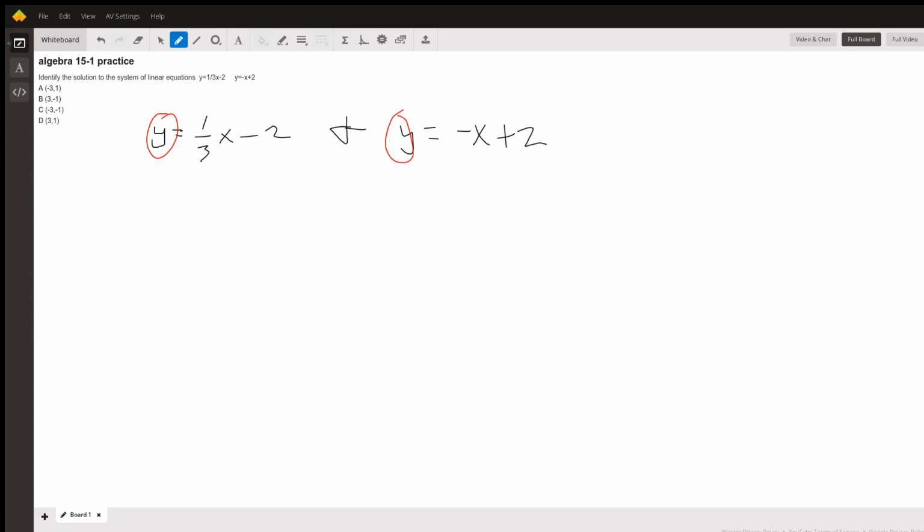And so we can actually use substitution here, which means that I can just set those values equal to each other. So I can set 1/3 x minus 2 equal to negative x plus 2. And so I'm going to do that. And then from there, I can just solve this down. And so in order to solve this,